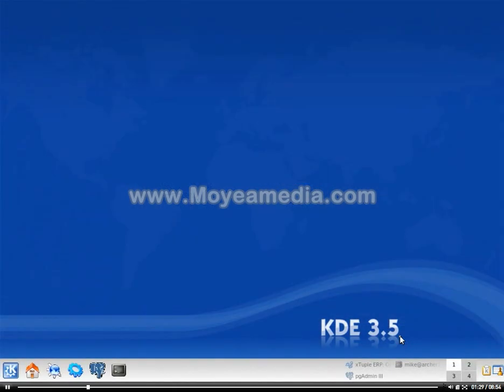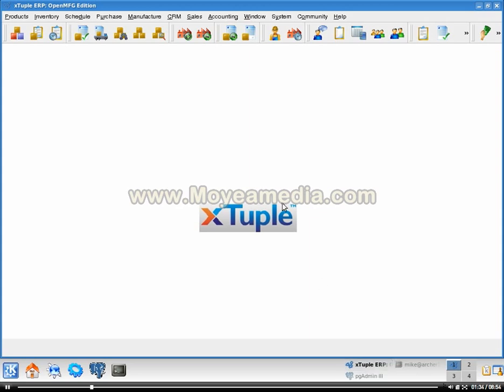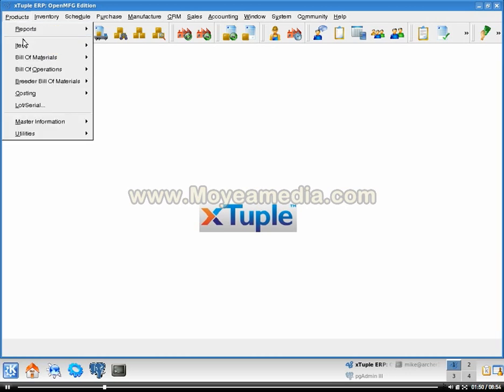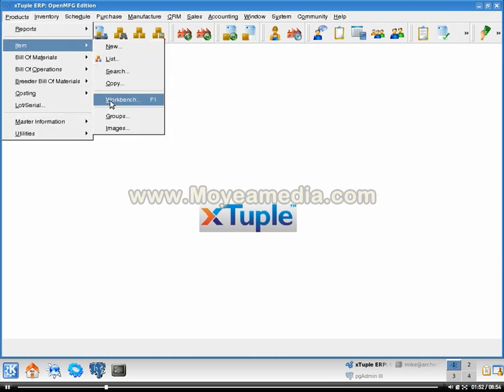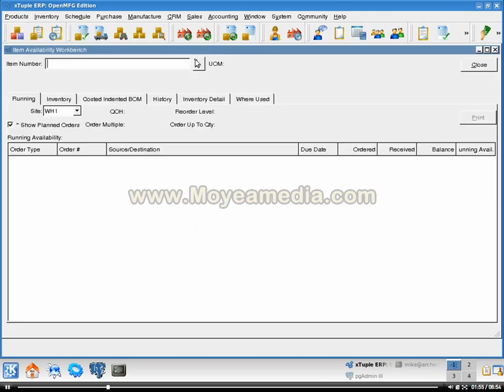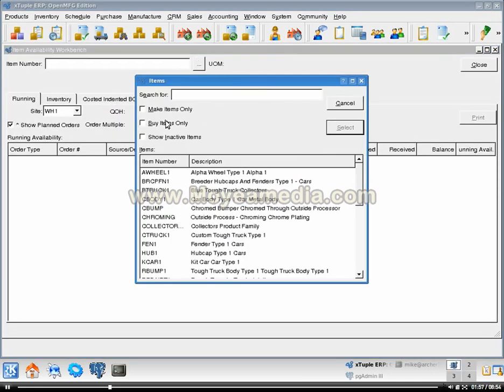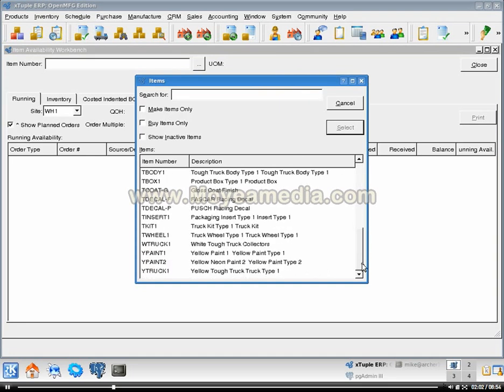Here we see a typical Linux desktop. Let's begin by maximizing the xTuple client. Keep in mind that this client is connected to a database which is also running on a Linux server. More on that a little bit later. To look into xTuple running on Linux, let's open a representative screen. The screen we'll use is the Item Workbench screen, and we'll navigate to a representative item. In this case, we'll use the yPaint item,